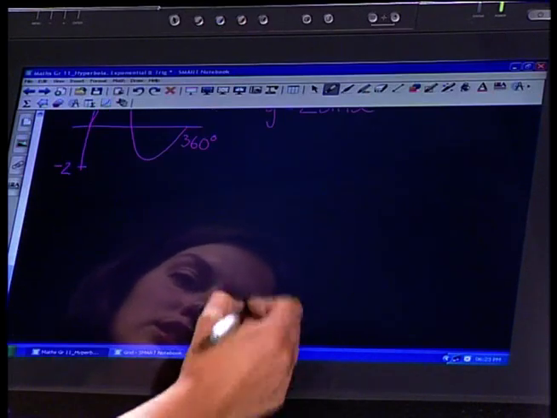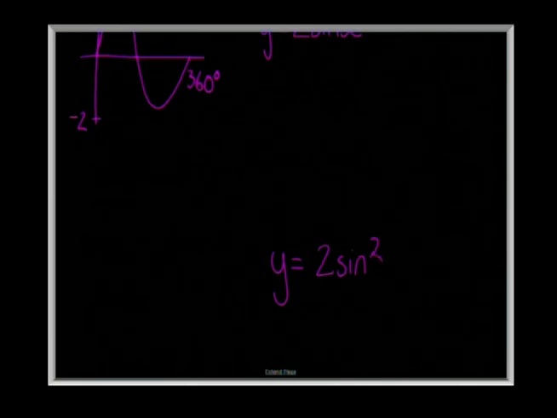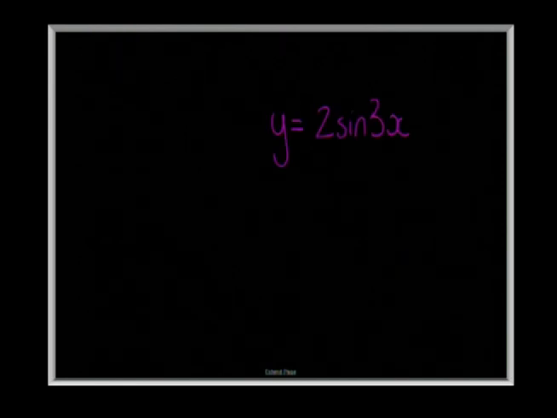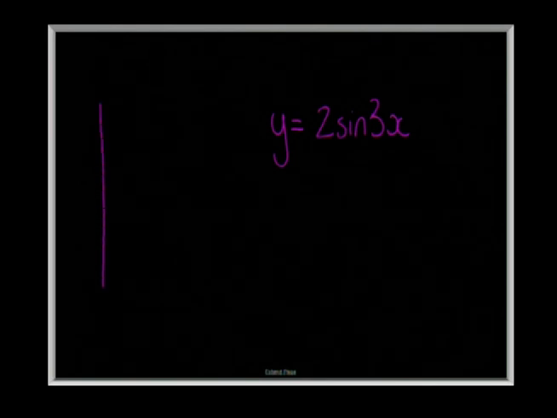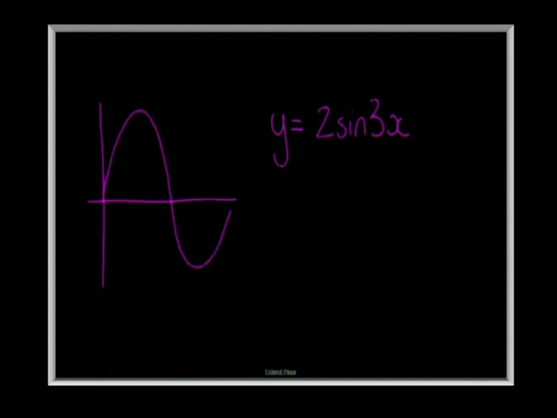Creating some more space. So let's keep it as 2 sine 3x, so that we know that it's still going to go up to 2 and down to -2. The only thing that's going to change now is its period. I would still draw it in roughly the same way and then fill in the values later. So it goes up to 2, down to -2, but instead of finishing at 360, our new period is going to be